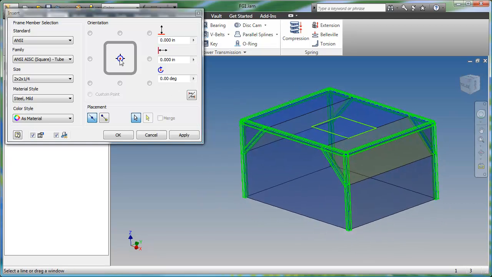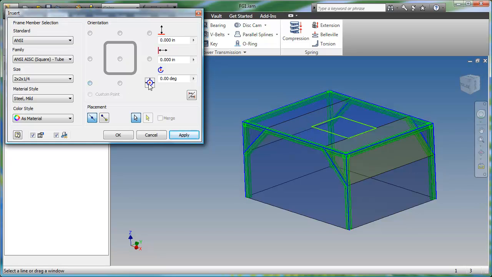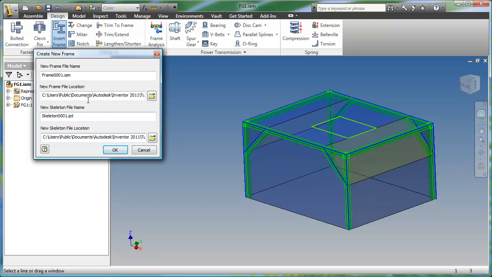Right now they're all centered. So I could either go to the outside, or maybe I want everything to go to the inside of that box, so that way my dimensions are to the outside of the table. Now here's the tricky thing. When I apply this, it says new frame file name. I need to make sure that this